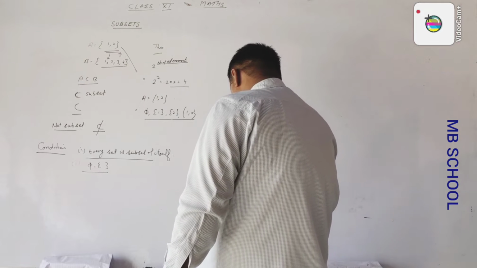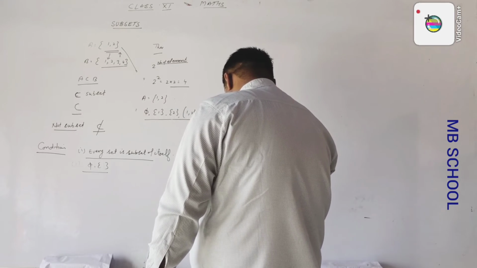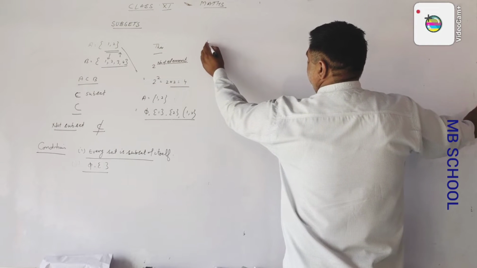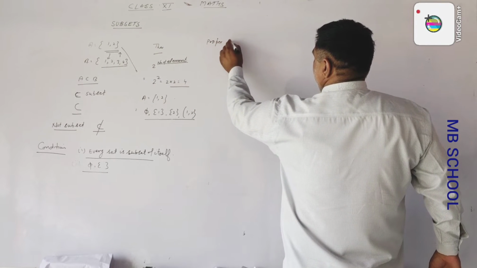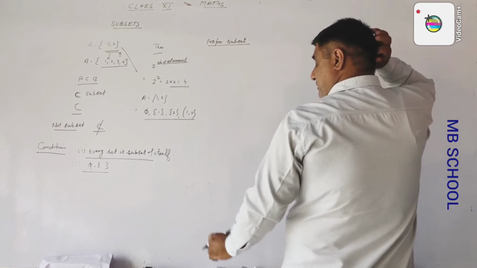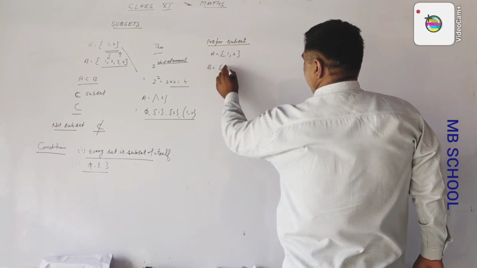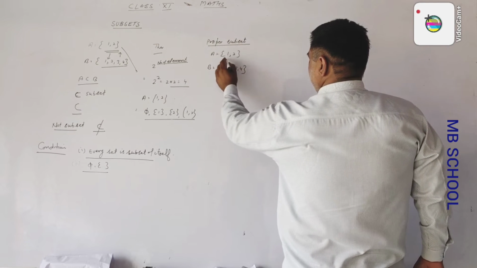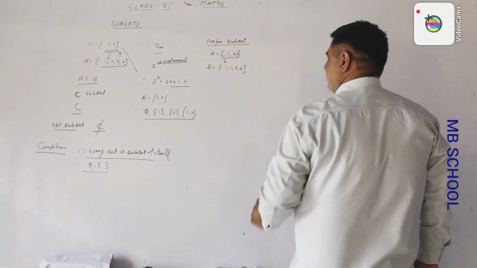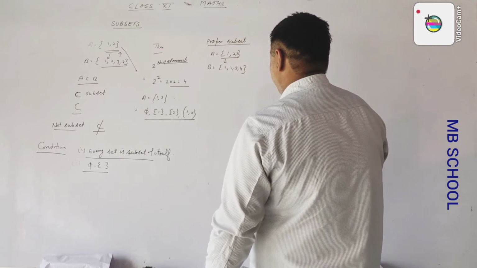Now we discuss another operation. After subset we discuss the proper subset. Like this subset, all elements of A. A is the set of 1, 2. B is the set 1, 2, 3, 4. Now we take another element 3. So now 1, 2, 3 belong to this, so this is a subset of B.